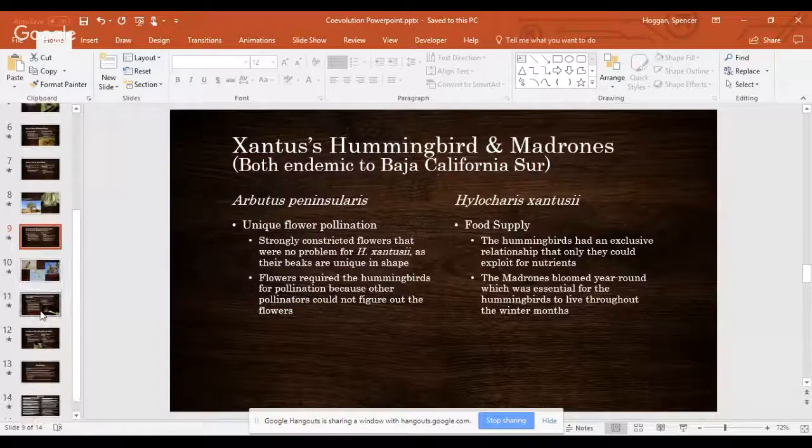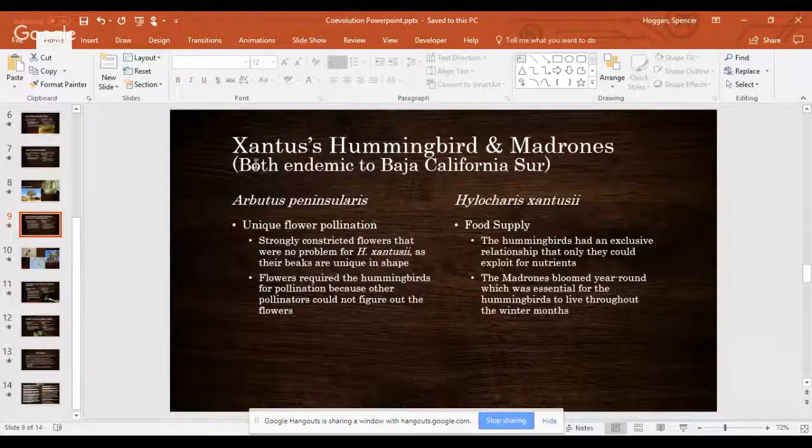Next, so now we're kind of going away from the insects. I have the Xantus's hummingbird and Texas madrones, which are a tree. The unique thing about this study is that both of these species are endemic to Baja California Sur. Endemic meaning that they're exclusive to that area, and I'll show you a picture with Baja California Sur on the map. But anyways, the tree, of course, they actually have unique constricted flowers that can't be pollinated by other organisms,